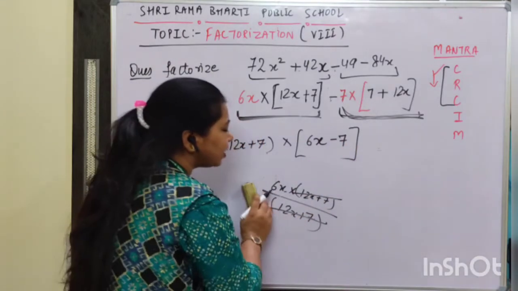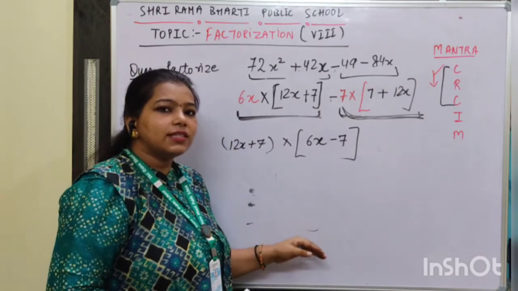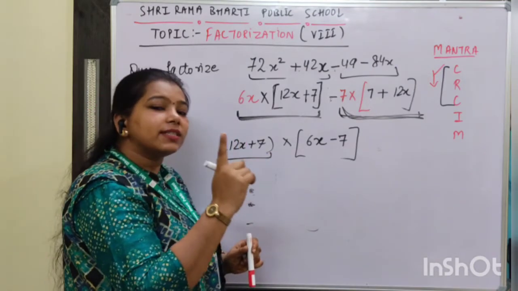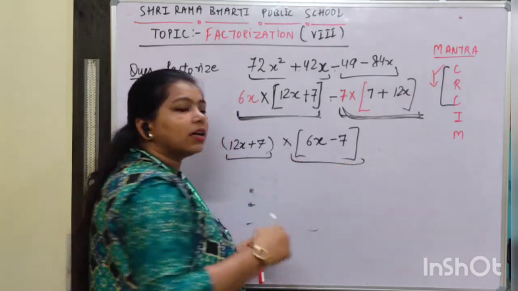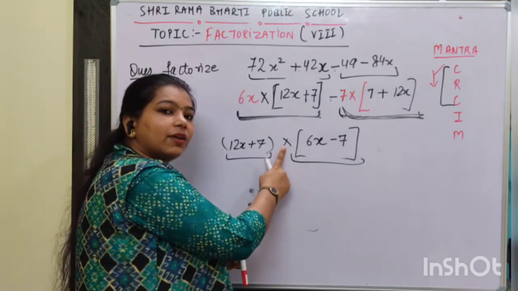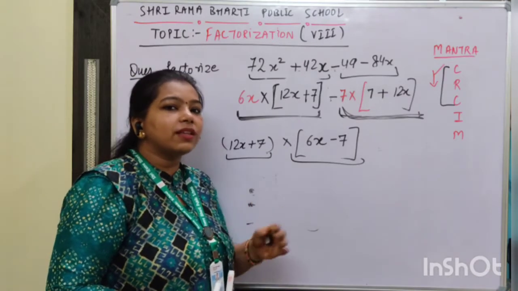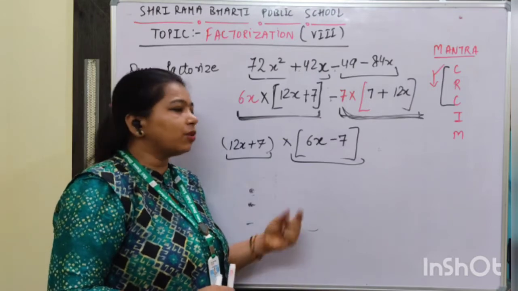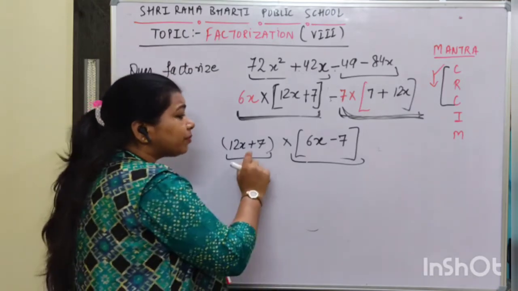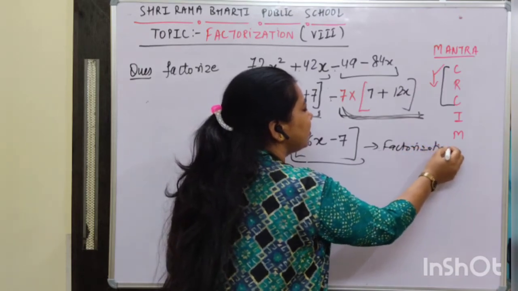So now the question arises in the mind, till which step we have to continue all this procedure. So now just see that this is my one number because it is in a bracket, and now this is my another number, it is also in a bracket, and both numbers are getting multiplied, right? So now my factorization is completed, because factorization means when the numbers are multiplying with each other, right? So here we are left with the multiplication only. Okay, so here our factorization gets completed, right children?